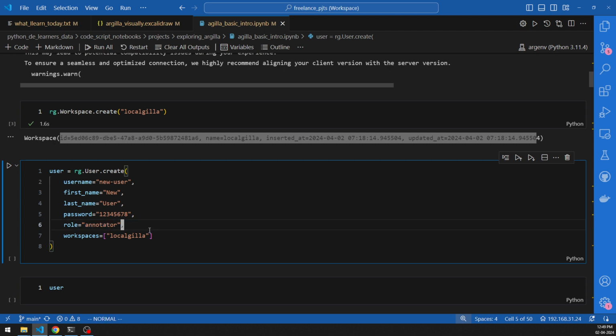Okay, what are roles in Argilla server? So there are a couple of roles that you need to be aware of. So there is admin role, there is owner role, there is annotator role. All these roles have different powers inside the server. The highest power is to the admin, the middle power is to the owner, and the lowest power is to the annotator. That's all you need to know. You don't need to be really concerned about the roles as of now, because we are going to work on the server that is hosted by ourselves. So no one is going to question us, right? Only thing is